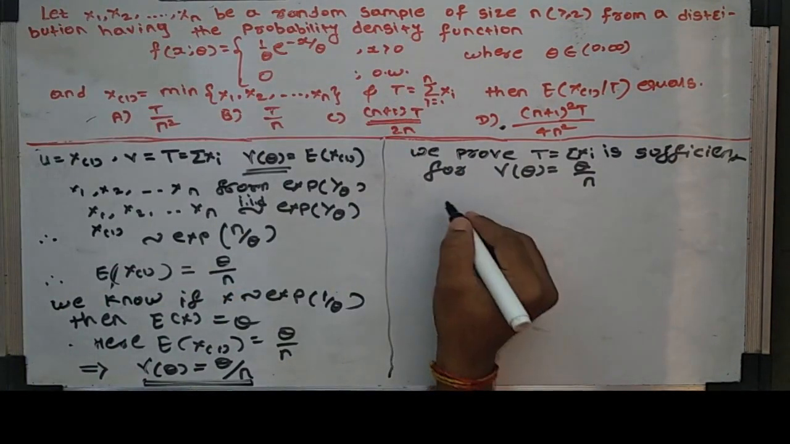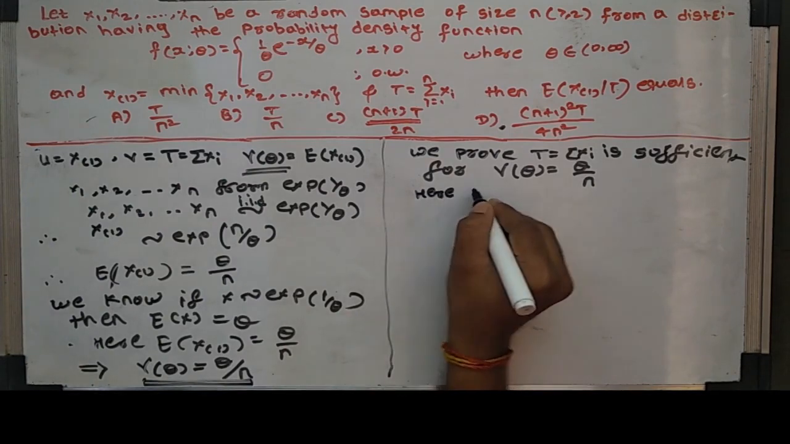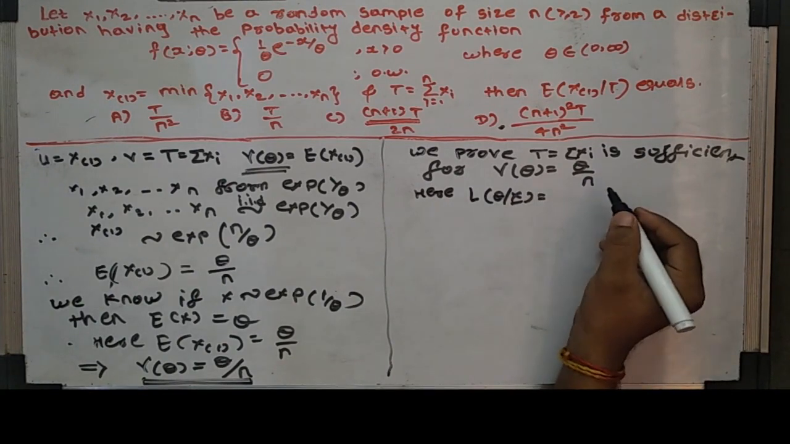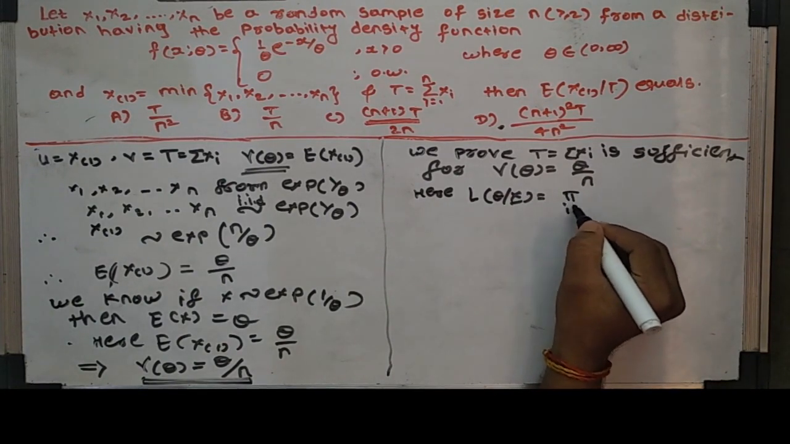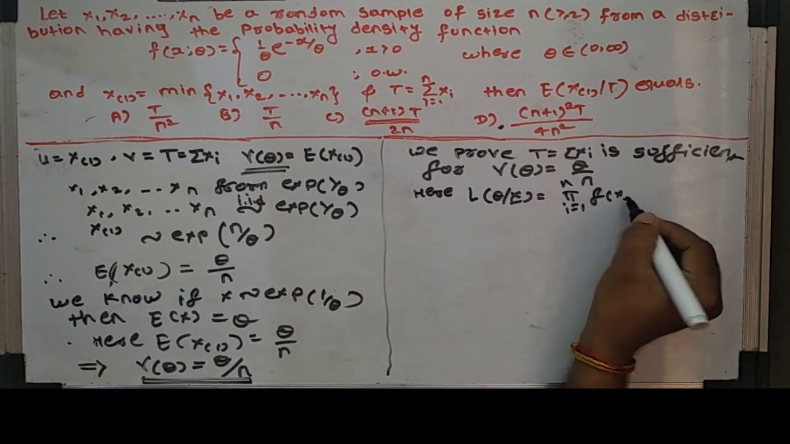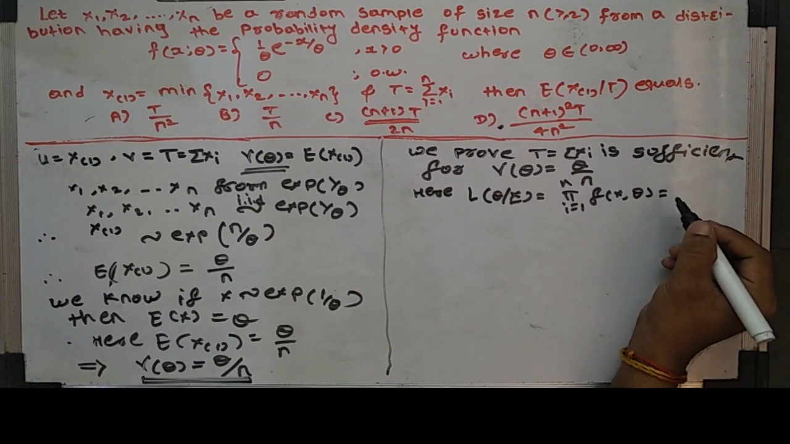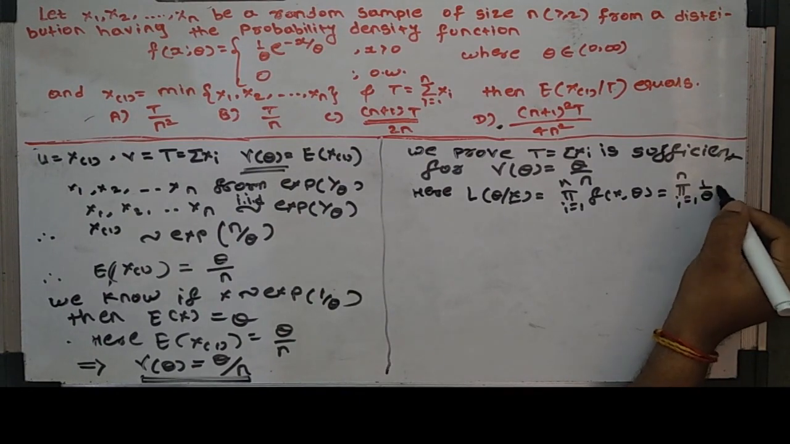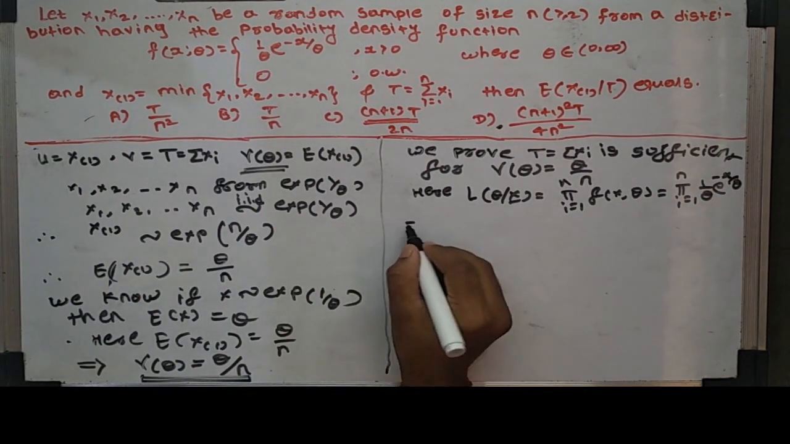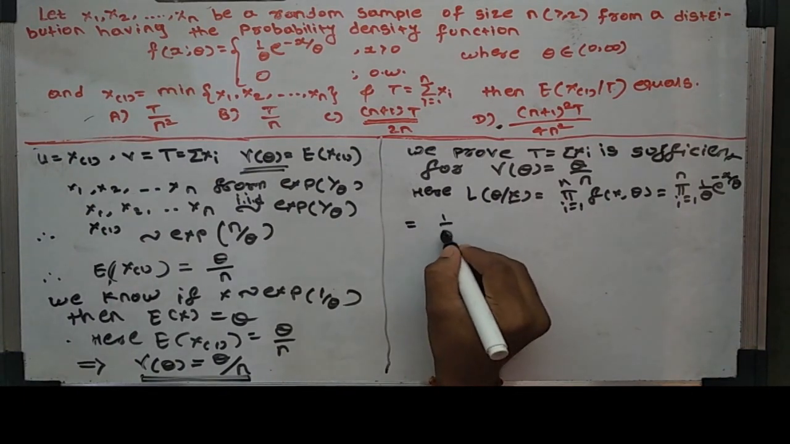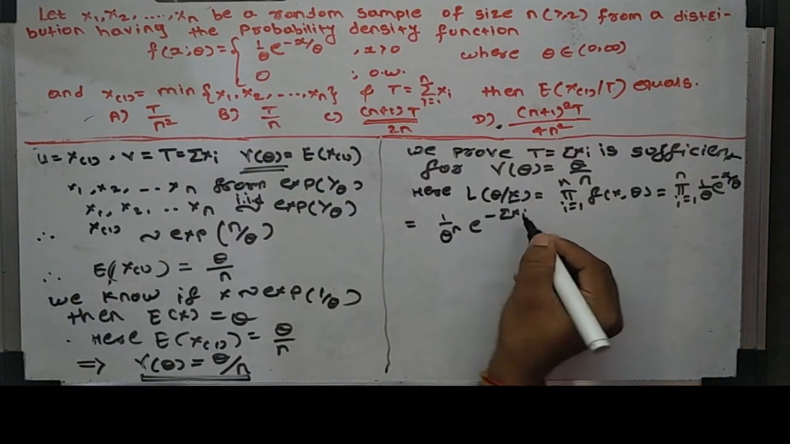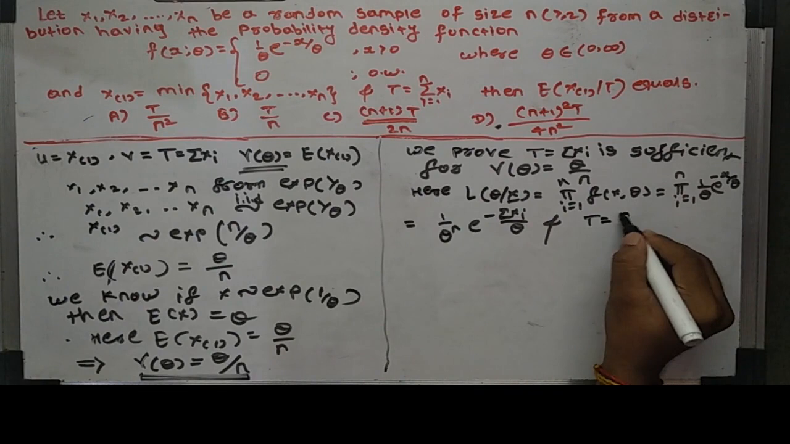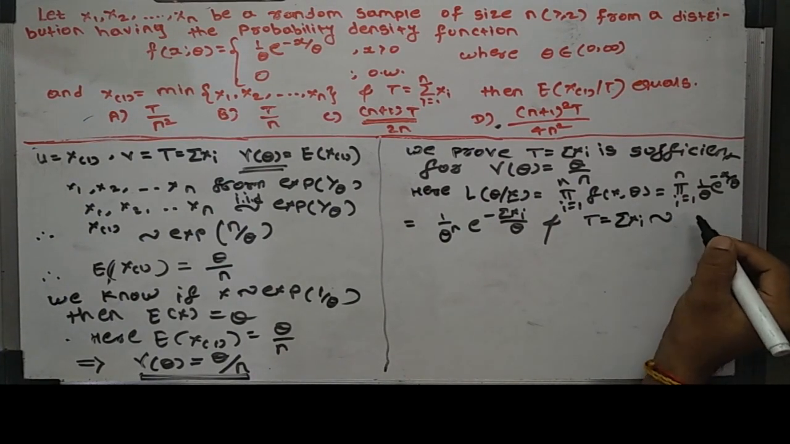So we prove that here L of theta given x vector is equal to the product of i equal to 1 to n of f(xi, theta), which is equal to the product of i equal to 1 to n of (1/theta) e^(-xi/theta), which is equal to 1 upon theta raised to n times e raised to minus summation of xi upon theta. This is the likelihood, and we know that T equal to summation of xi follows